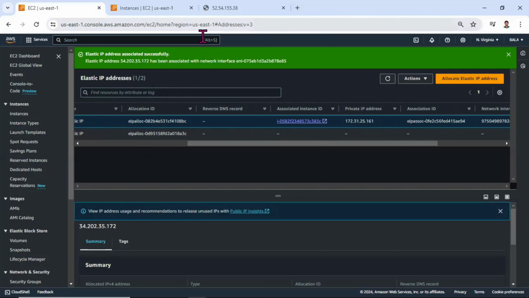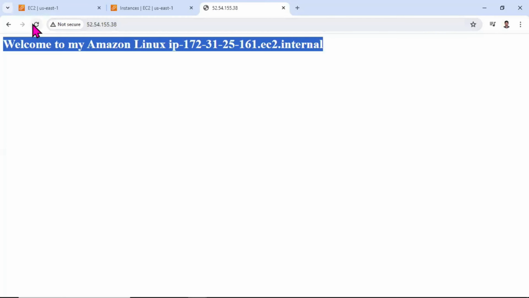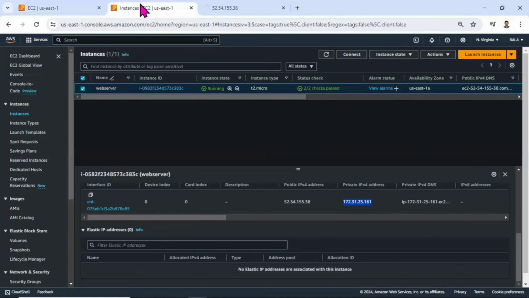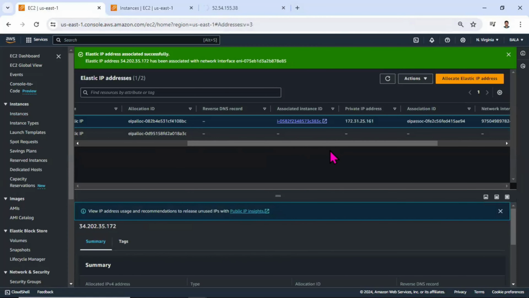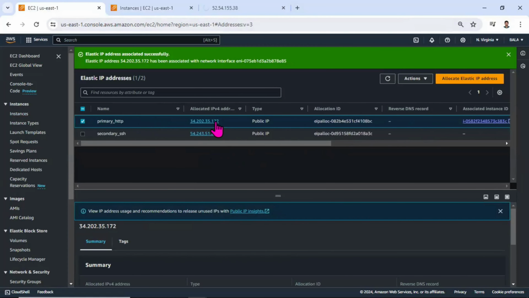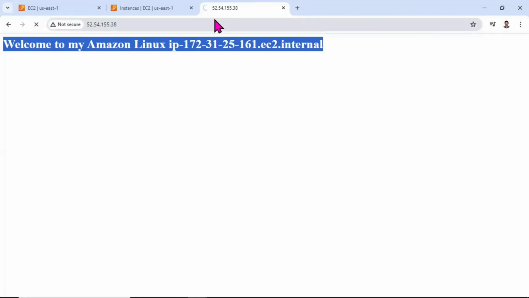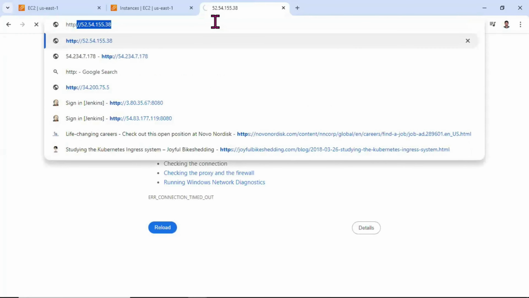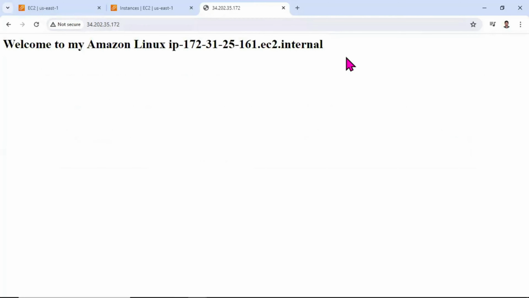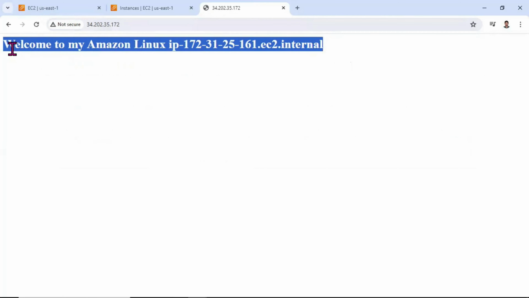So now if I try to access with the existing public IP, it will not work, since we have changed our instance IP. So what we need to do is just refresh. Yeah, now it got updated. So using this elastic IP, we are going to access the HTTP service. I'm going to access using the HTTP protocol and the port. Now you can see we are able to access the HTTP using that